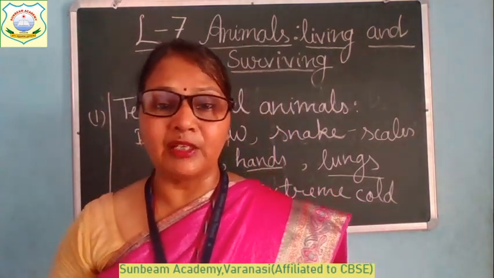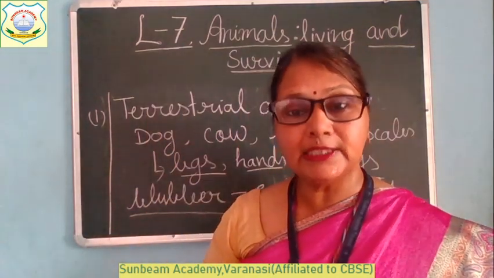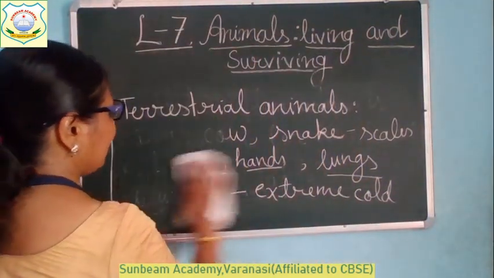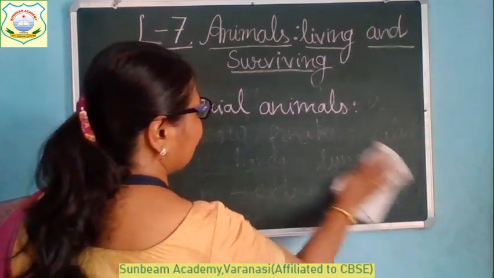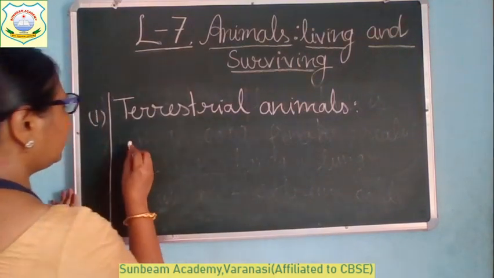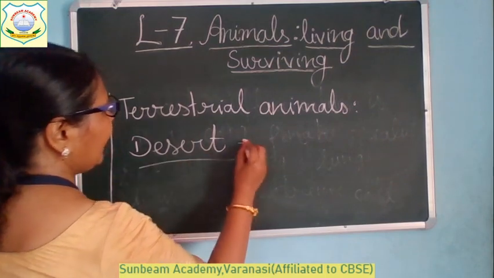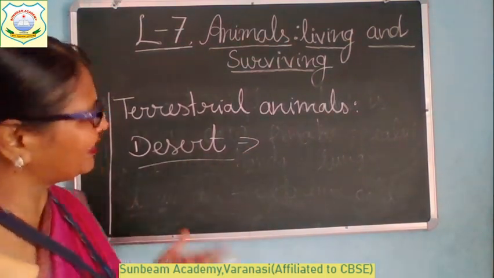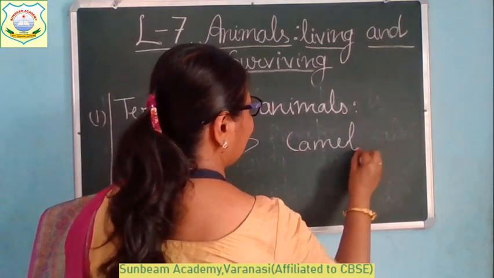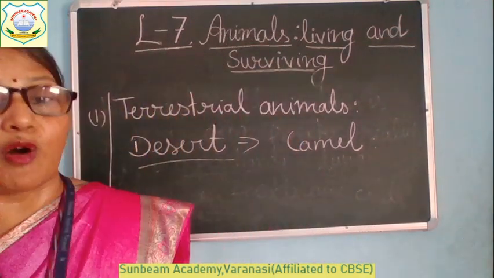And there is another place which is very hot. These are the extreme cold places, the polar regions, and there are some extreme hot regions also, na? These are the extreme hot regions of the earth, can you guess? You have read in SST also. Desert. What is a desert? And which animals can survive in the desert? Of course, as in class 12, the camel. You have read it already, na? Why can a camel survive in an extreme hot region?